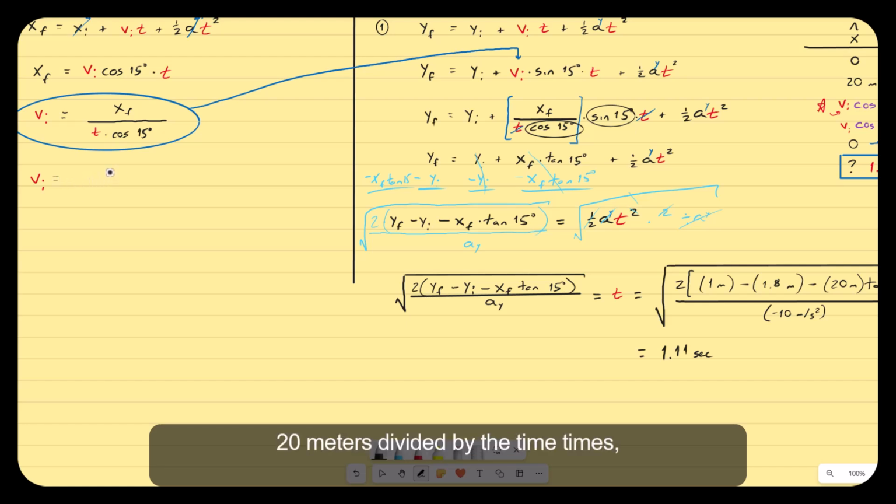So my x final, which was 20 meters, divided by the time times the cosine of 15 degrees, and my v initial works out to be